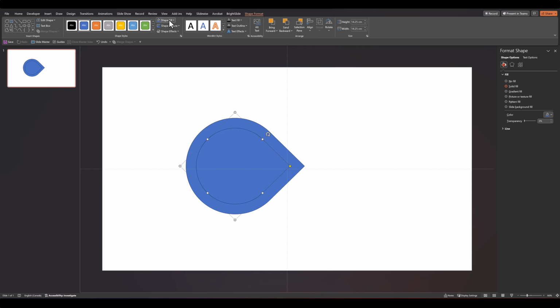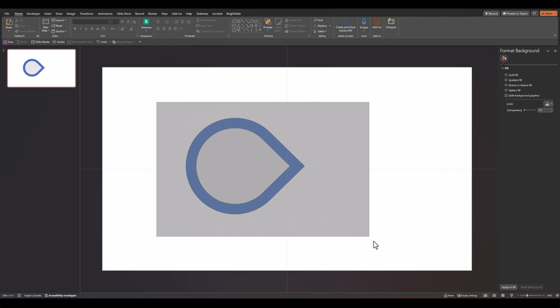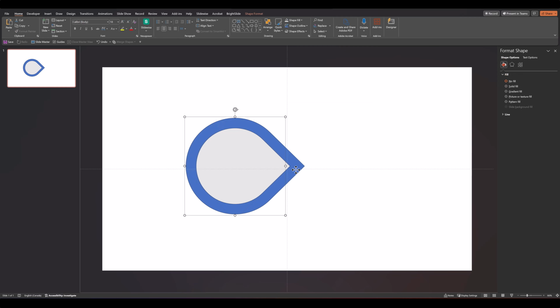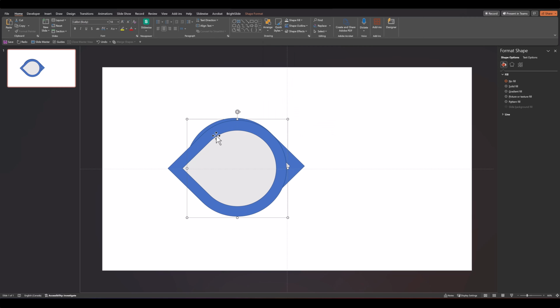And we'll also just change the color of the shape so it stands out. There we go. Now let's group them and copy and paste them. Let's go over and rotate the new shape horizontally